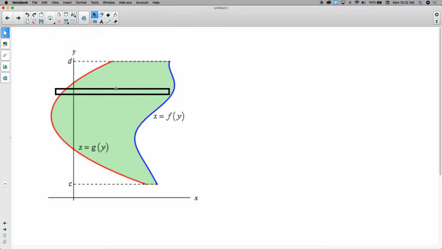Okay, so let me position this in a much better way. So something like that. Okay, so everywhere I move this horizontal column, I have a rather nice, clean scenario. And what I wish to do then is to run infinitely many horizontal columns and come up with the area of green. Okay, so now that I've laid that out,